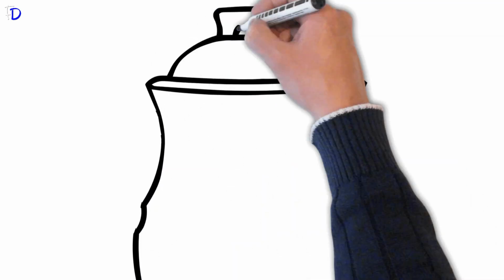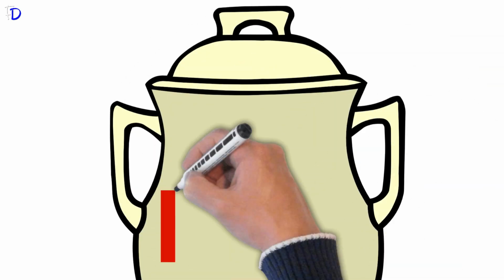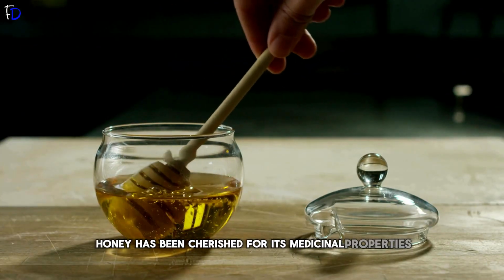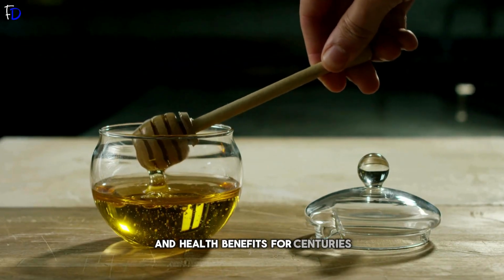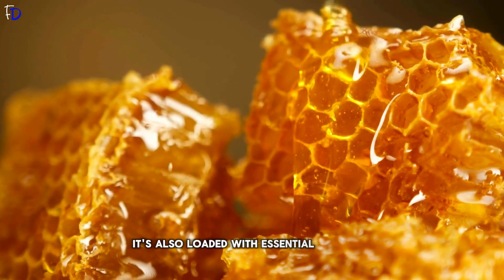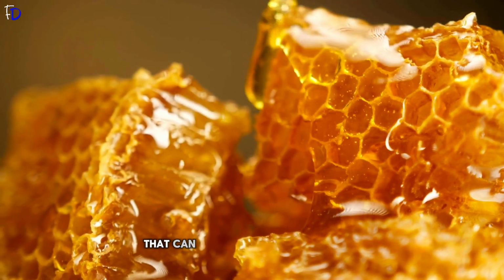Now, let's get back to our list with number 4. And our third ingredient is honey. Honey has been cherished for its medicinal properties and health benefits for centuries. This golden liquid isn't just tasty, it's also loaded with essential nutrients and bioactive compounds that can boost your overall